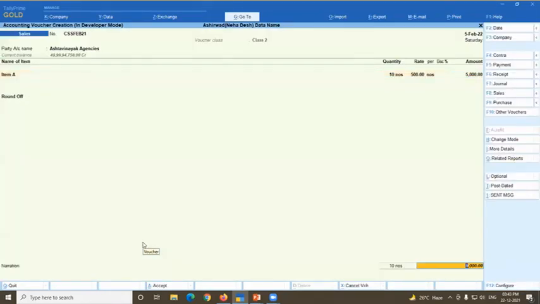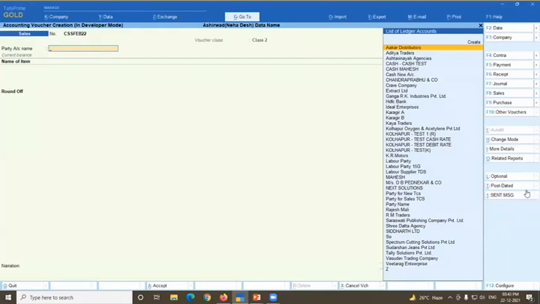I press enter. See, the new reference will be 5,000. Please keep your attention on the screen, it is very interesting. Here no CGST or SGST is selected, no configuration specially done, only the voucher class is configured. 5,000 rupees is going to be debited to the party. See, accept.